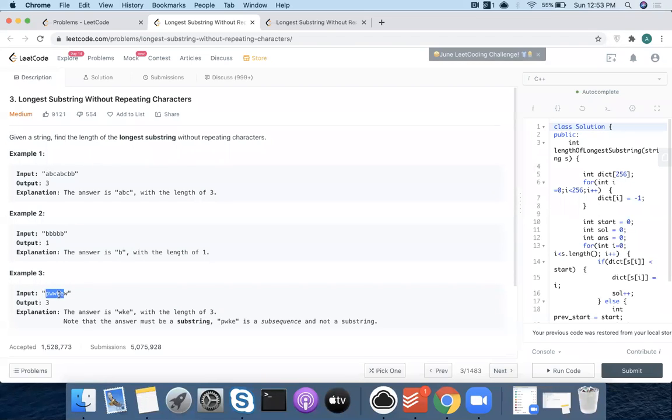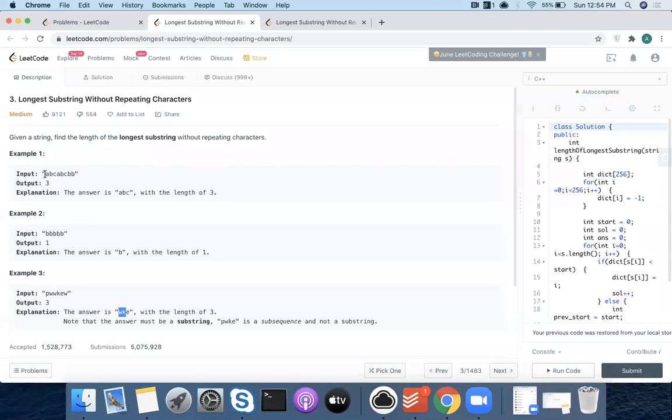So you will tell that the answer is KE, which is incorrect. When you get the repeating W, you must not leave the whole string aside. You have to start from here so that you get WKE as the correct answer. You can't leave the whole string as invalid when you get any one repeating character. Rather, you have to go to the point where that character initially occurred and then move one character ahead. So this is the solution.